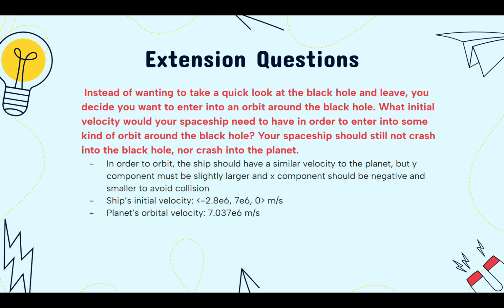So, what if I wanted to orbit the black hole? In order to orbit the black hole, the ship should have a similar velocity to that of the planet, but the y component must be slightly larger, and the x component should be negative and smaller to avoid collision with the planet. I used the guess and check method with this situation and found that the ship's initial velocity would be negative 2.8 times 10 to the 6 in the x direction and 7 times 10 to the 6 in the y direction,